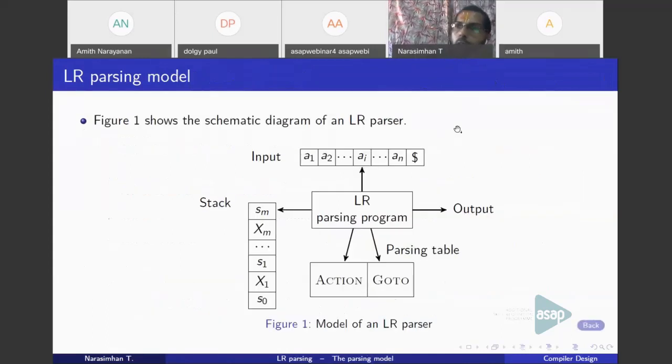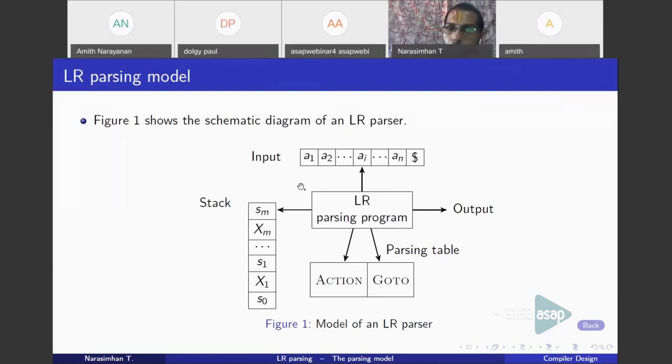Moving on. Now let us see how the LR parser really works. We'll first see the LR parsing model, and then we will see how it operates using the parsing model. On the screen you will see the LR parsing model.